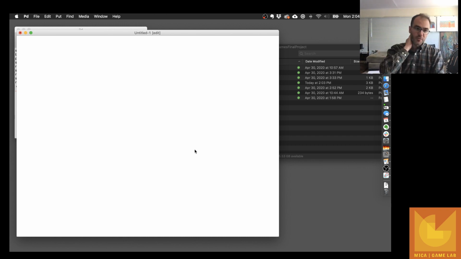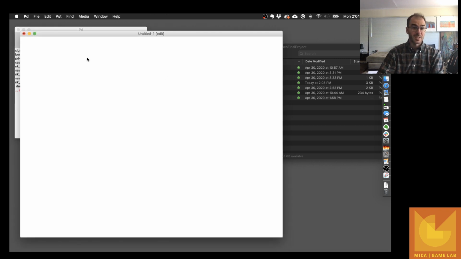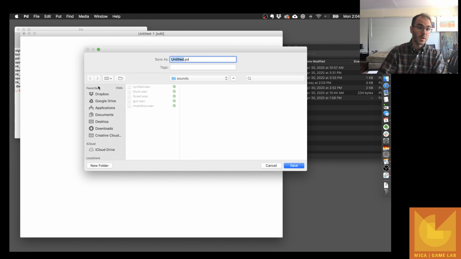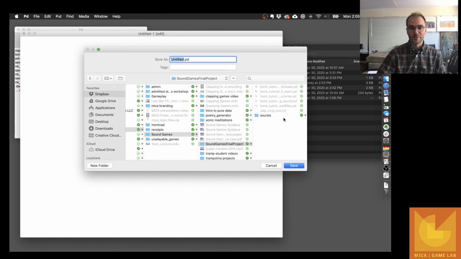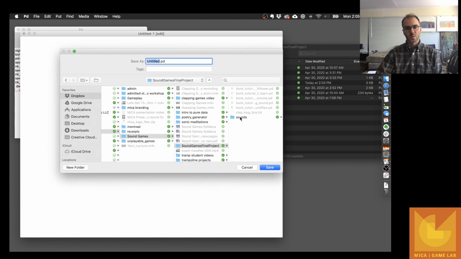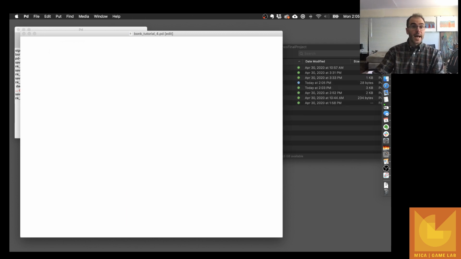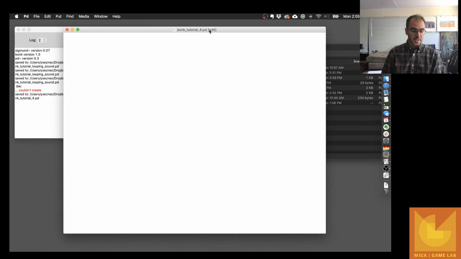The very first thing that I like to do with this is just save my patch to start with, because that way it knows where it is and it will be able to reference sounds. So I have a little folder already that I used in the last one called sounds. In my Sound Games final project folder, I'm going to save it as bonk tutorial 4. That way I know exactly where my sound files are, and I can